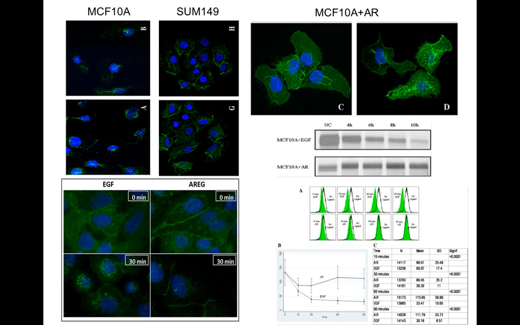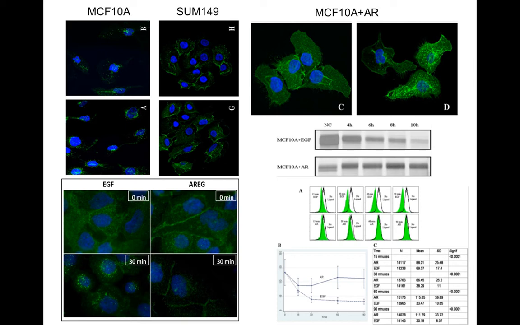And one of the things that caught our eye at first is that when you have these MCF10A cells that have EGF in the medium, because they need it, and you look for the EGF receptor, it's all in these vesicles, and a lot of these vesicles are actually around the nucleus. See it better here. By contrast, when you look at the SUM149 cells, the EGF receptor is all at the cell surface. There's a good picture here. You can see them here. So this is a hugely different cellular localization of EGFR that's determined by the ligand that's activating it.